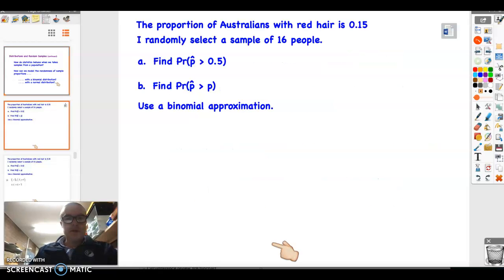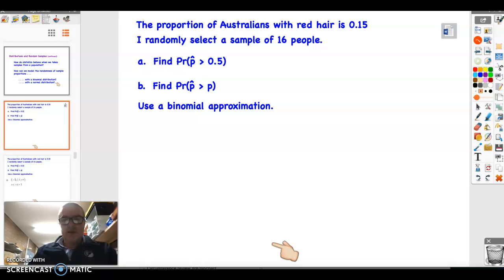So we're going to look at this problem. You may want to pause the video and write the question down and have a go at it yourself, and then we'll talk about the solutions. If that's the case, you can pause it now. But let's press on and have a look at how this question would be solved and how we would respond